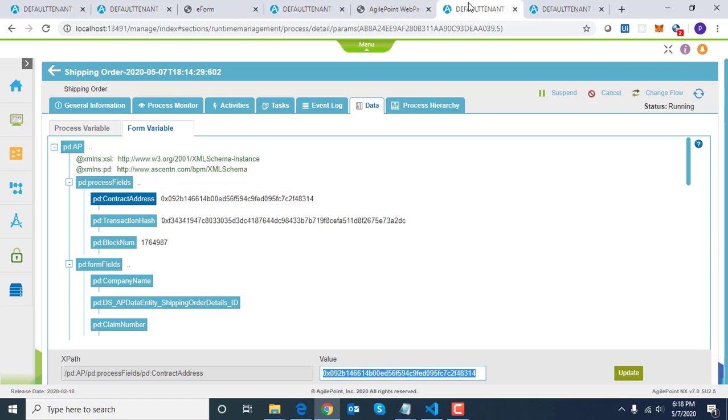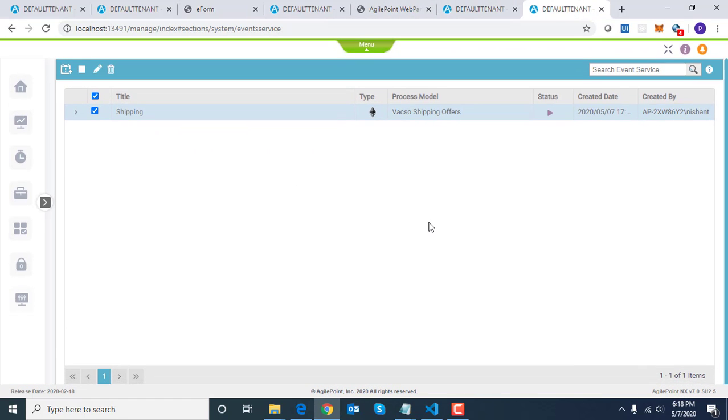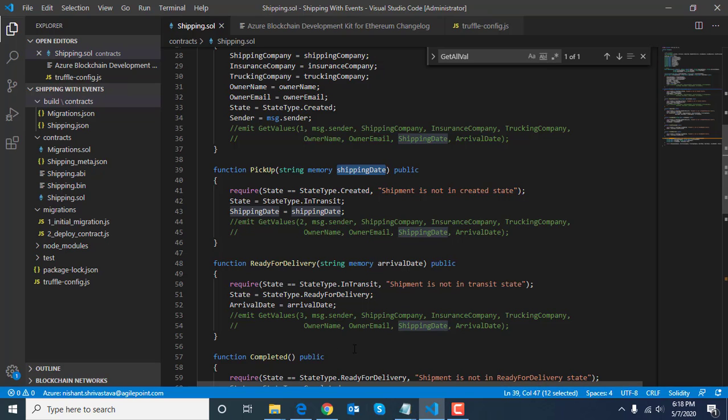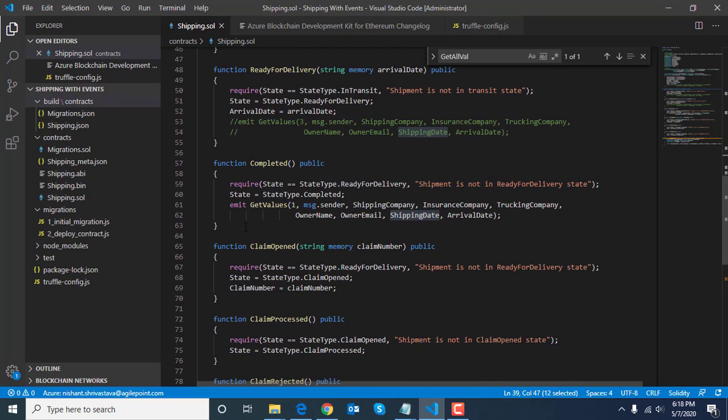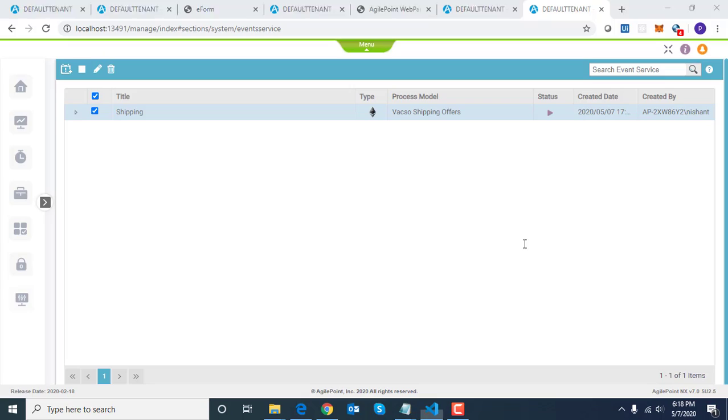Now, before we end, there's one more topic which I wanted to show you. We also have the capability of doing a two-way communication with blockchain. So till now you have been seeing that AgilePoint is pushing information to blockchain as part of the workflow. But blockchain, as I mentioned earlier in the video, has a concept of events as well. So while certain events are logged into that event log in blockchain, we can listen to those events and kick off a workflow. So for example, when my shipment was being marked as completed, I had emitted an event. So if you go to AgilePoint's event services,